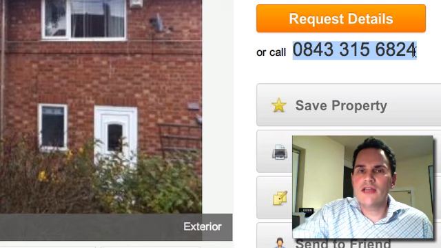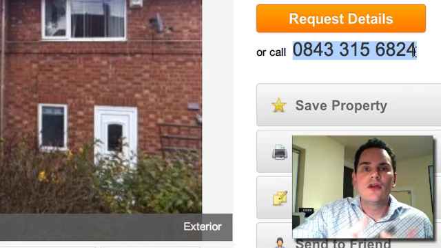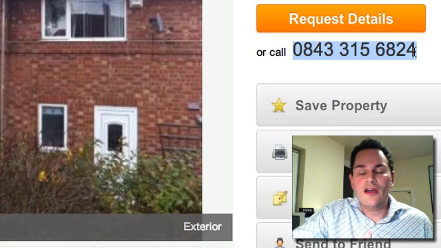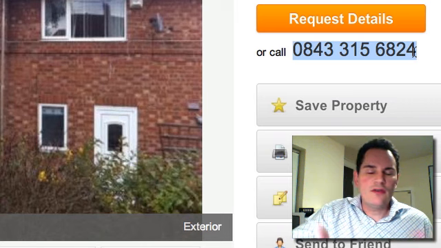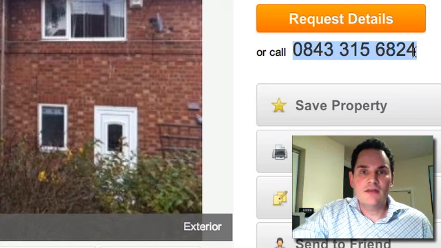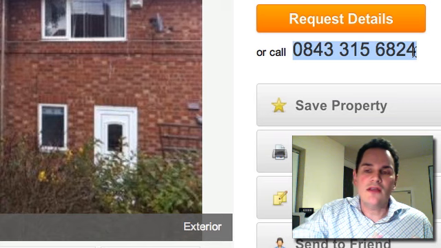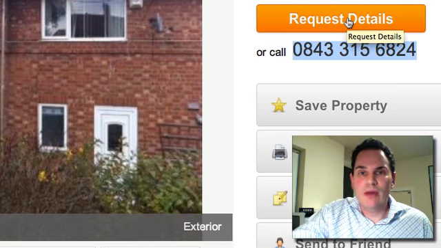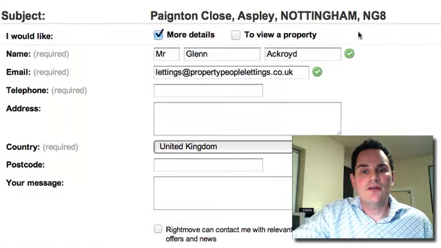But also, quite a lot of tenants have mobile phones. Under the terms of the contracts, 08 numbers might be something that's not free of charge or included in their minutes, or they may not have top-up on their phone. Now, these things might seem trivial to you or I, but for tenants, these things can make the difference. So understanding that, what tends to happen in the vast majority of cases is people click request details,